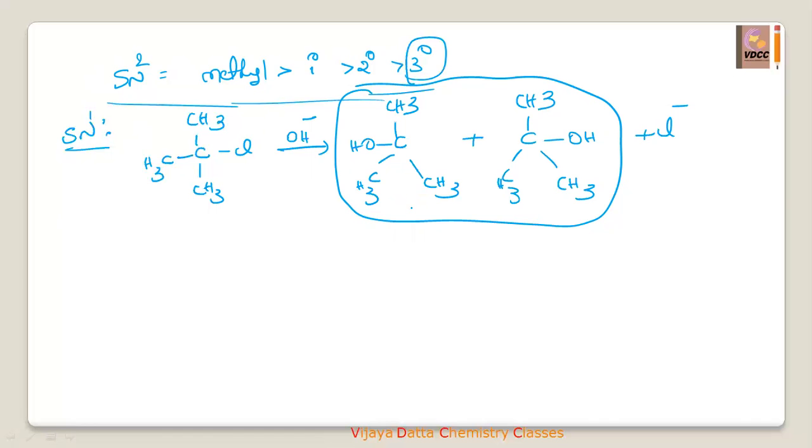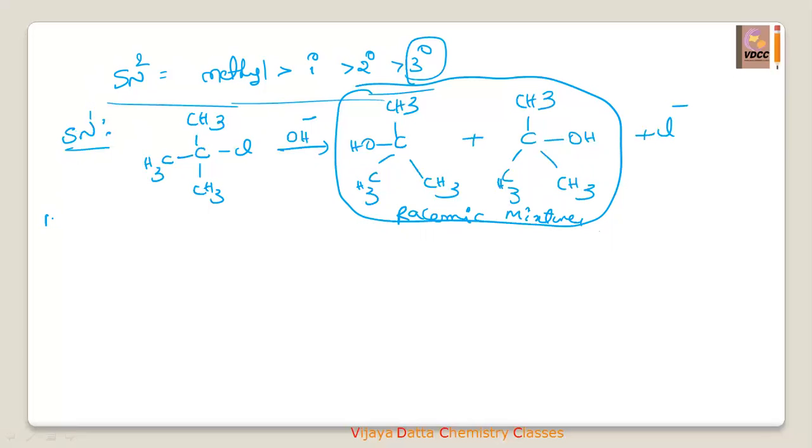This is called a racemic mixture. The product in SN1 is a racemic mixture according to the stereochemistry. That is only the simple. Even in the SN1 reaction, chlorine will be replaced by OH minus, and the product will be (CH3)3COH only. But why did I write 2? That is what we are going to study in the mechanism.